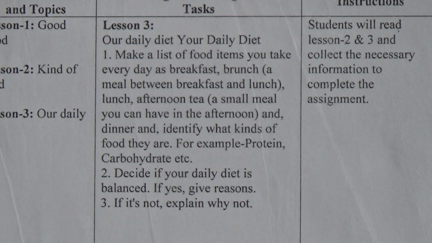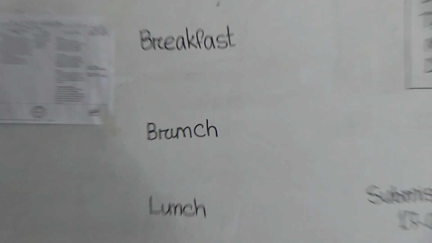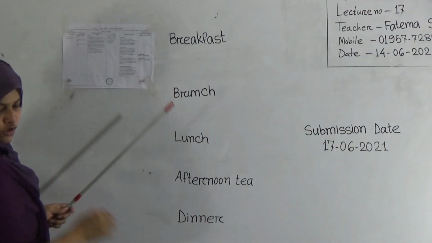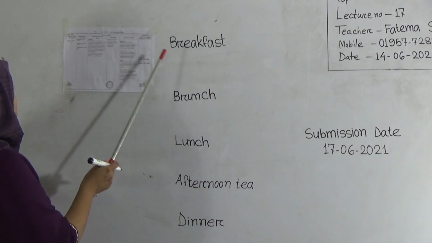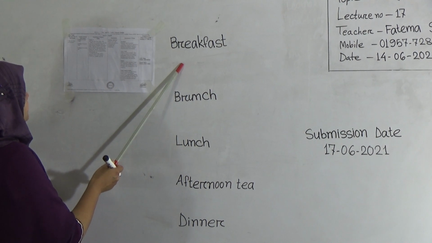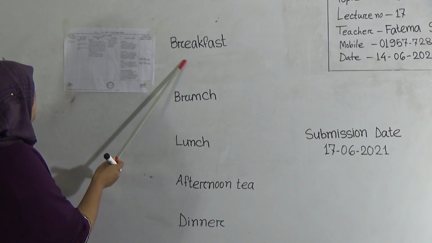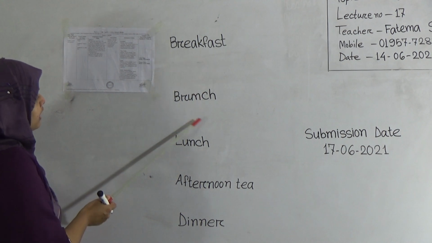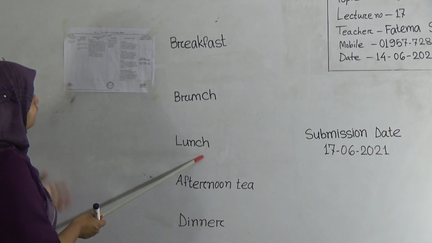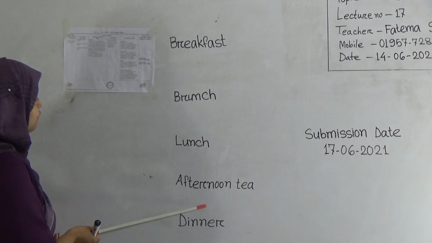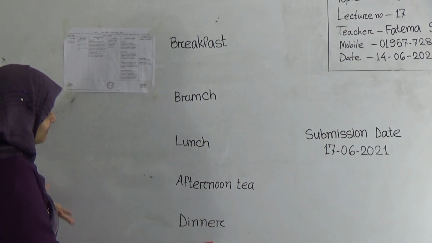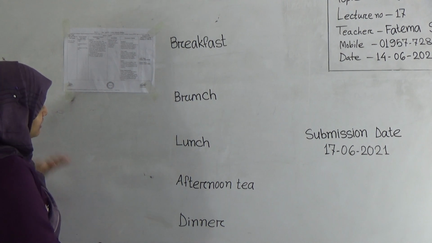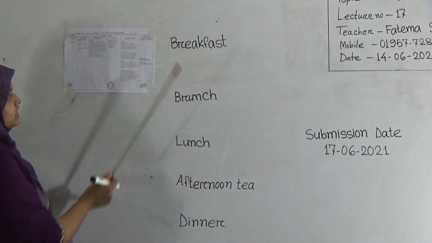Now students, look, I have written here breakfast, brunch, lunch, afternoon tea, and dinner. So for your list, you can explain the necessity of taking food, or you can write about breakfast, brunch, meals, why food is important for our life. We know food has great influence in our life. We can't live without food. So every day, 5 times we have to take food. You can write some lines before starting the list, and after this you can write about breakfast.